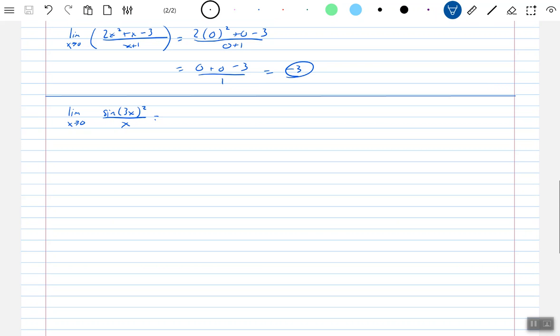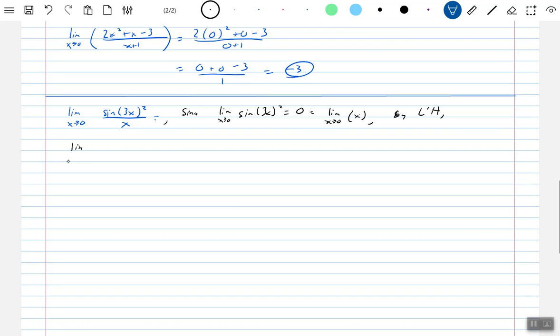So that's equal to, quote-unquote, 0 over 0, or indeterminate form. So, since the limit as x goes to 0 of sine of 3x squared is equal to 0, which is actually equal to the limit as x goes to 0 of x, by L'Hopital's,